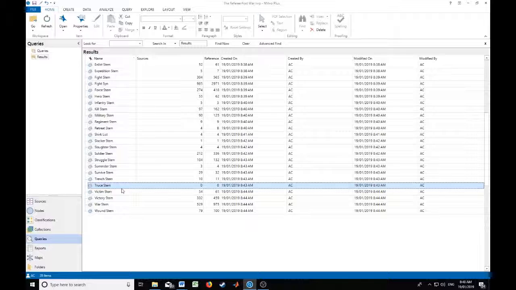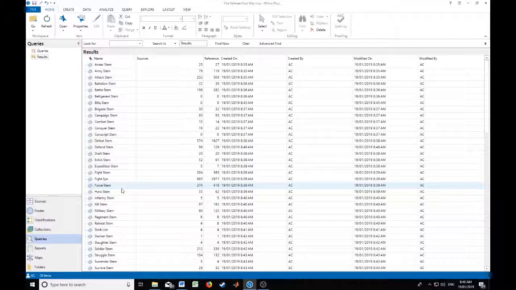So this is somewhere where I could then go back and have a look at truce as an individual word across all of my newspapers. And because it's not very common most of the time, I would actually be able to see when it gets used and why it gets used, and I can do a very deep dive down into that one individual word. And that's where you can really enlighten a lot of the work. So anyway, before we get to that,